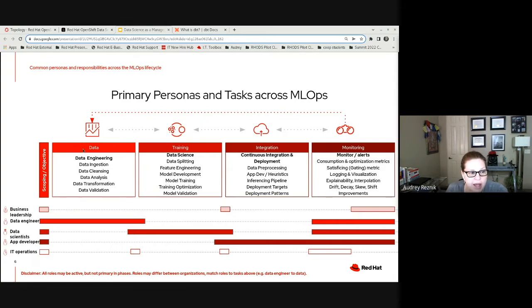When we look at the scoping and objective, that is going to be your business leadership, and they are going to give you your direction. Once they have given you your direction, it falls on the data engineer to become involved and start looking at the data ingestion, cleansing, analysis, any transformation that the data may need, and validation. The data engineer will work fairly closely with the data scientist to make sure that that data is exactly what they're expecting. And in return, the data scientist is going to be looking at training and